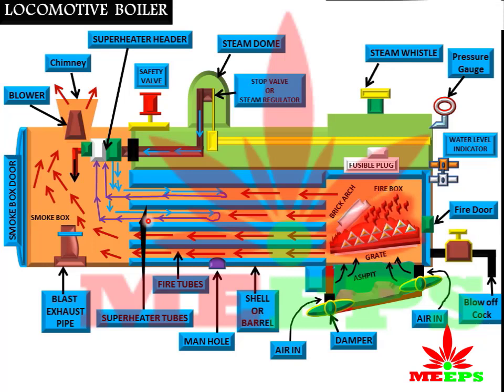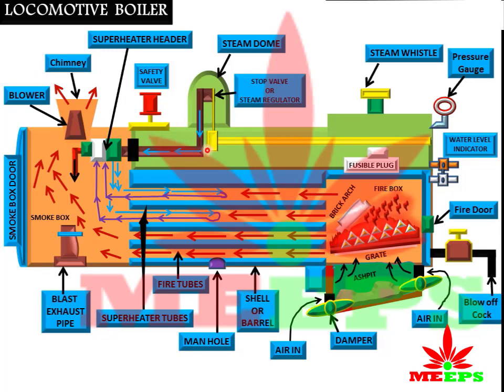This is the superheater tube, which is placed inside the fire tubes of larger diameter. The heat of hot gases is transmitted into the water through the heating surface of the fire tube, and the steam is generated that is collected over the water surface. So this is the portion where steam is collected, and a dome shaped chamber, that is the steam dome, is fitted on the upper part of the barrel, and from where the steam